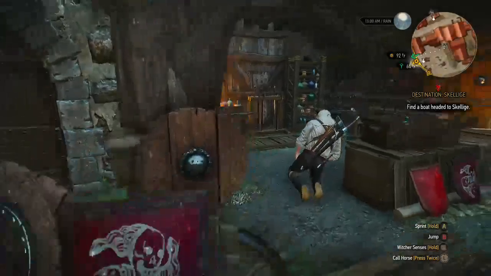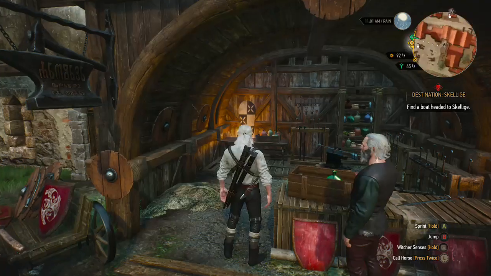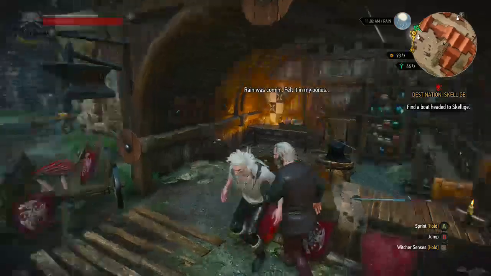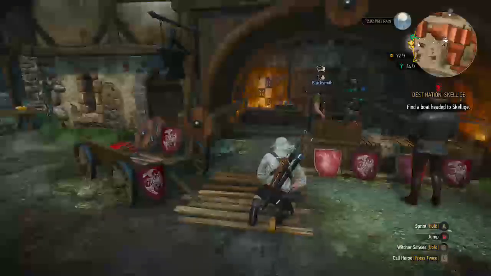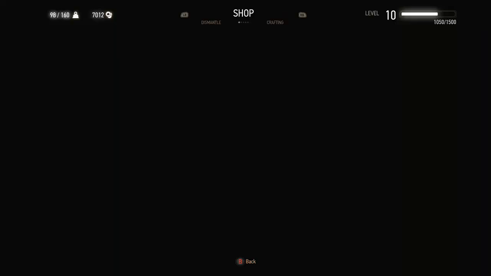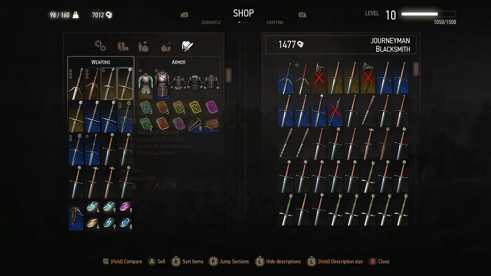So this guy normally pays at around 11 or 12ish. So sometimes you have to meditate for him to be about. So yeah, sometimes you just have to meditate a couple of times. And there he is. So again, in the same way that the armourer around the corner is the best place to sell early on, the Oxenfurt and Novigrad blacksmiths both give the best prices in Velen as well, so you want to be doing that too. Now again, I'm just going to keep these swords that dismantle into dimeritium,